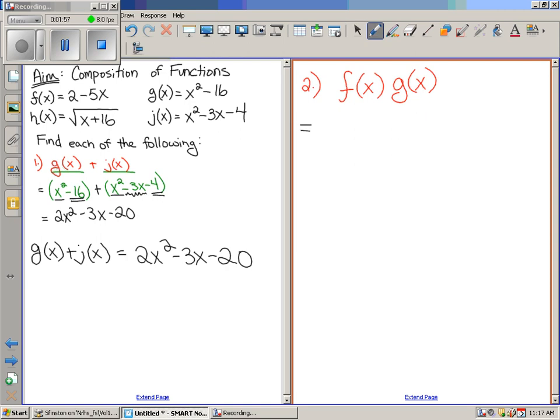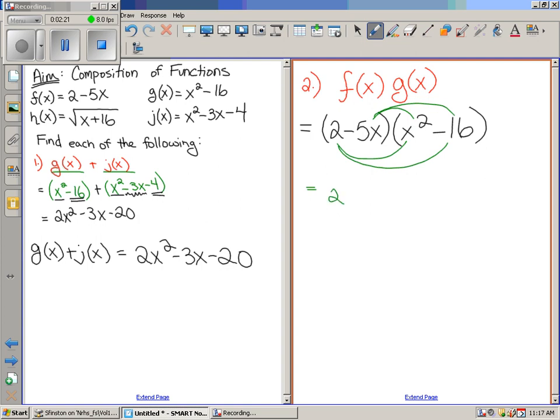We're going to multiply. F of x is worth how much? 2 minus 5x. And how much is g? X squared minus 16. Nice. Piece of cake. So now we're just going to multiply, right? We're going to do this times this, this times this, this times this, and this times this. So that's going to be equal to 2 times,